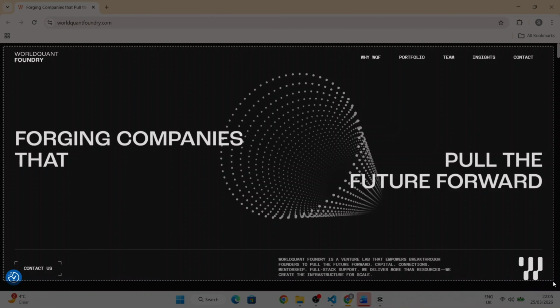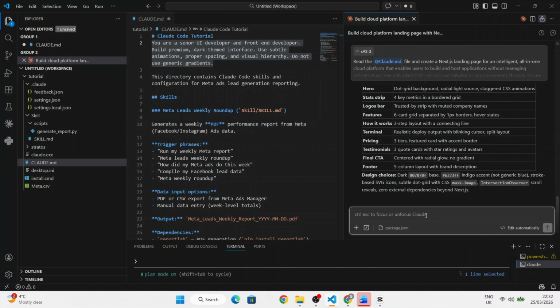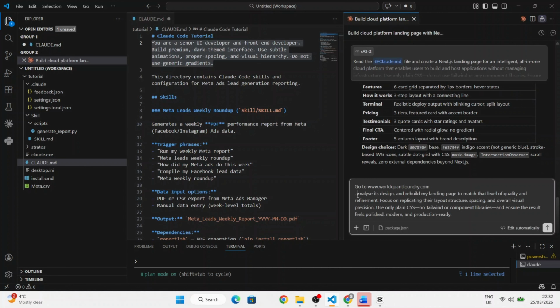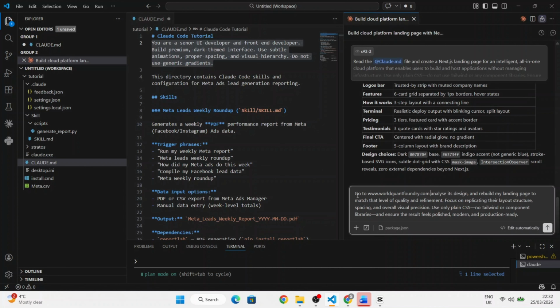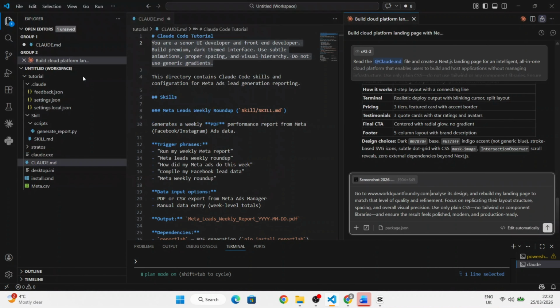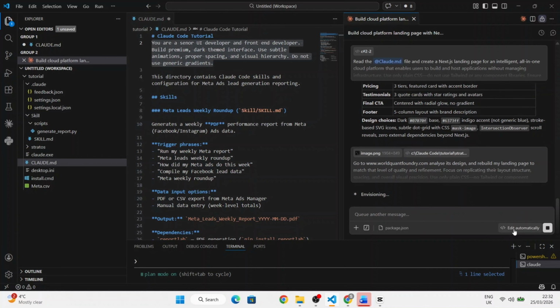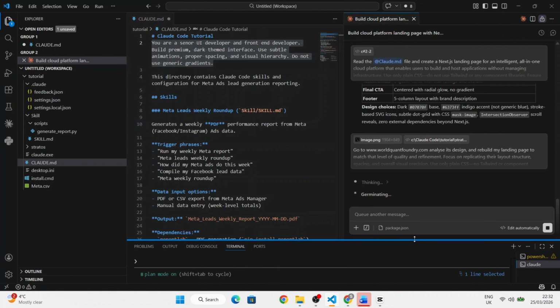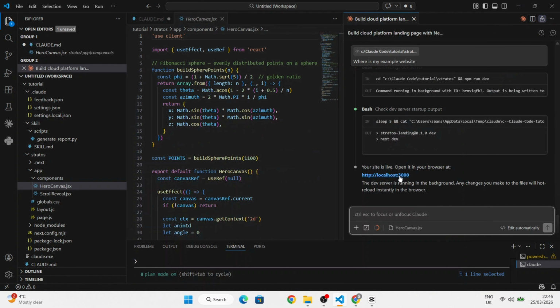So what you need to do next is take a screenshot of the top of the homepage and then add this prompt into Claude Code and just fix it up a bit there. And then go into your files and go to where you saved the screenshot. Essentially what this does is analyze the website from the screenshot. You want to try and replicate the website as much as possible, and then you'll get the link